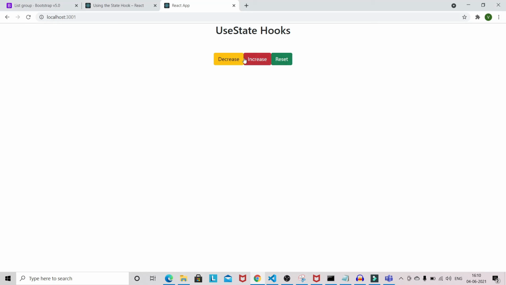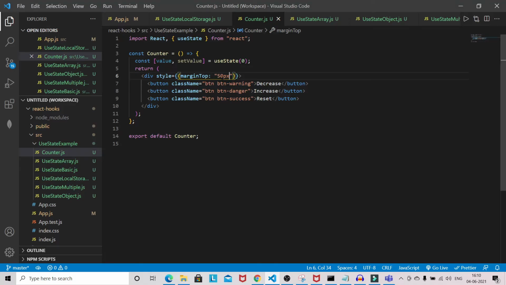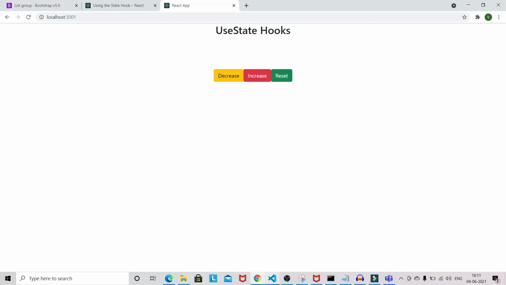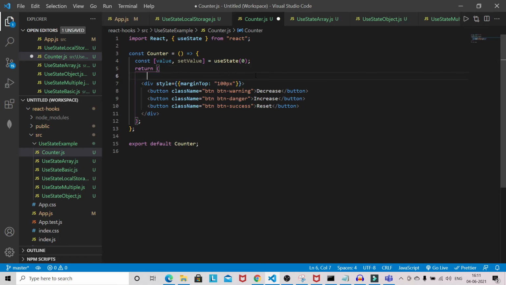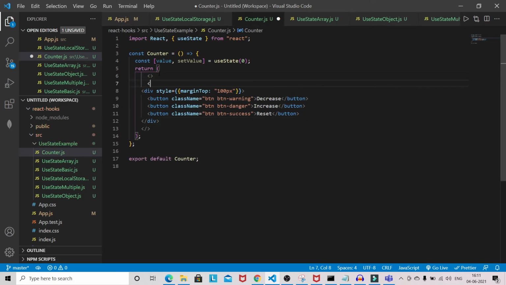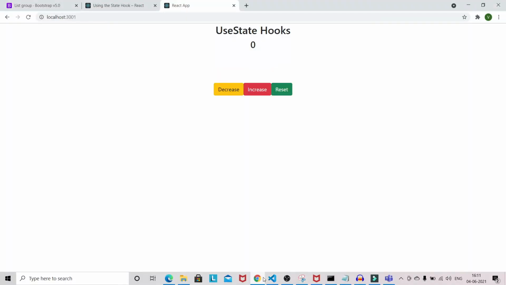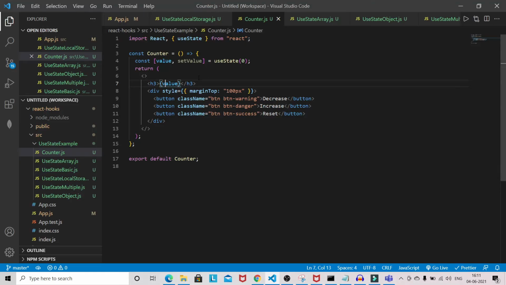Okay, now we need to give some more space from the top. Now we'll be having one more div here, so this is the fragment. Let's use the fragment here, and here let's use an h3 tag and the value. You can also provide some margin top.